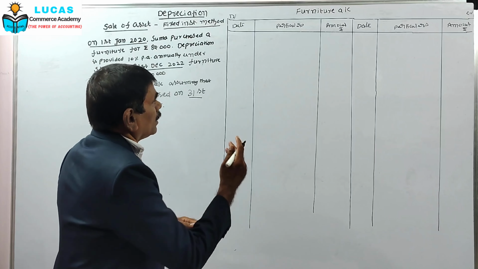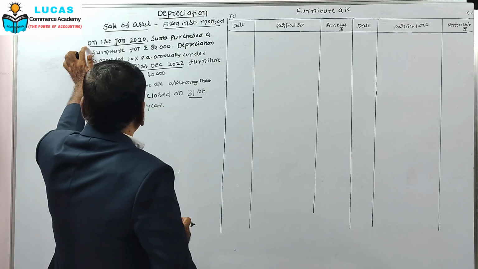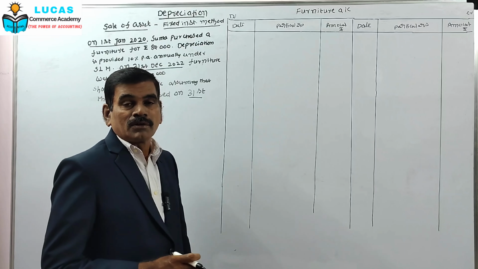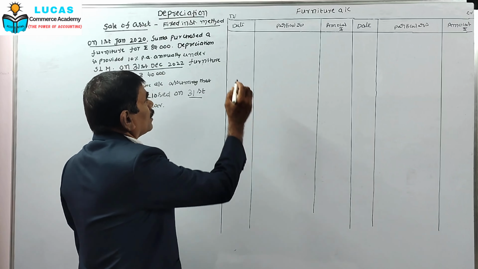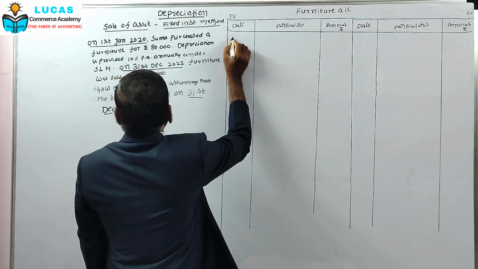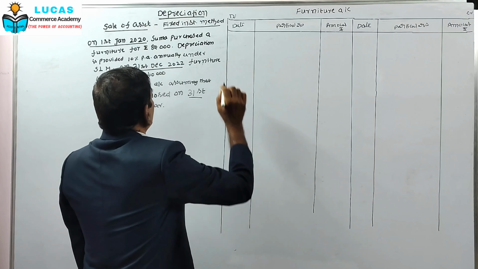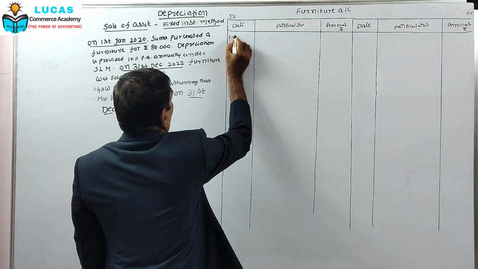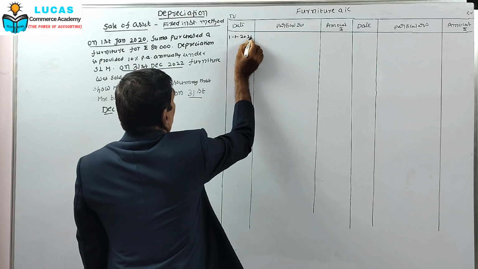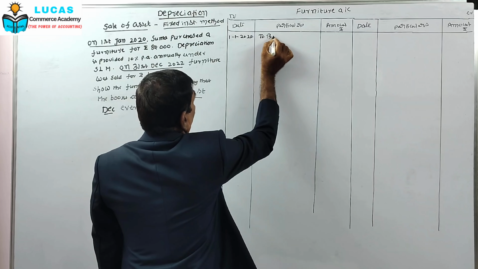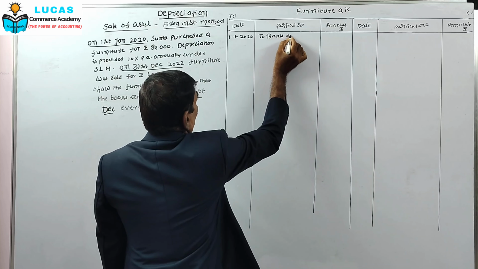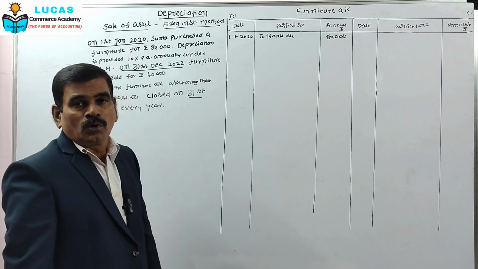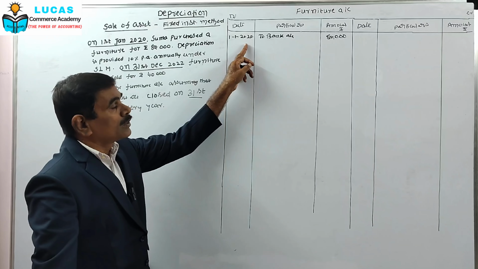Okay, good. Come to preparation of furniture account. On 1st January 2020, Suma purchased a furniture for rupees 80,000. The journal entry for this is furniture account debtor to bank account. So 1/1/2020, to bank account, 80,000. Okay. So then no further transaction between 1/1/2020 to